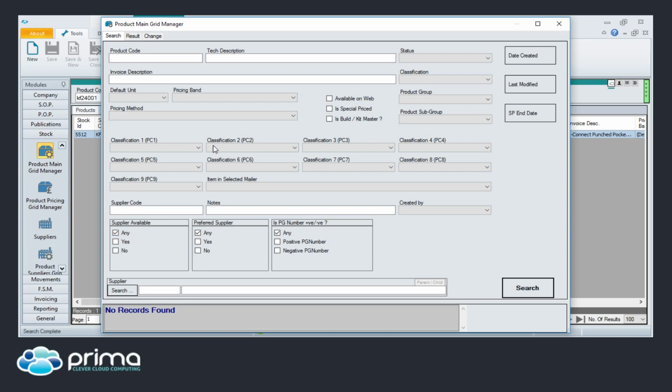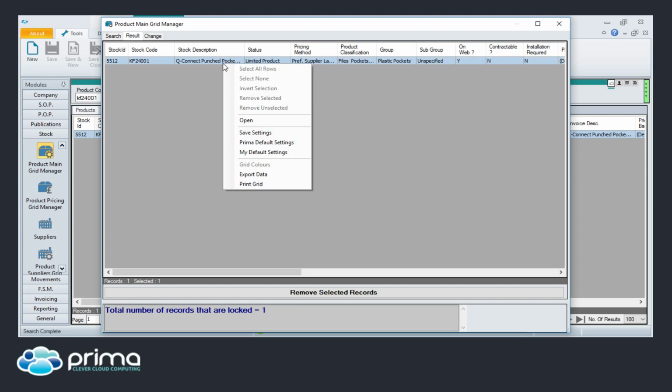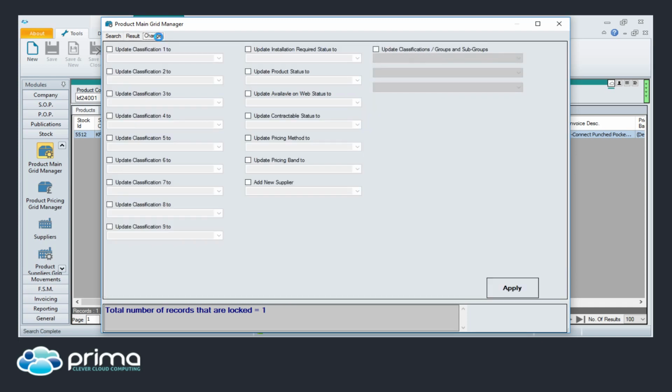So what you could do, you can search for, they may give you a prefix of furniture or something, but if we just search for an item or multiple items using your classifications or something, you click search. Within the result, you can, again, if items that you don't need to update are in here, you can highlight and remove those, and then when you go to the change tab,